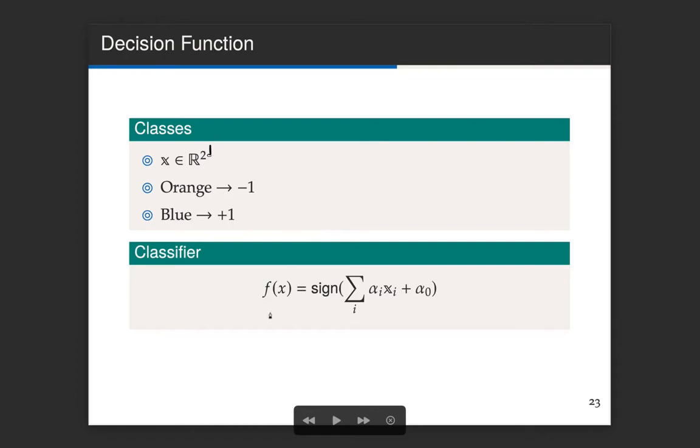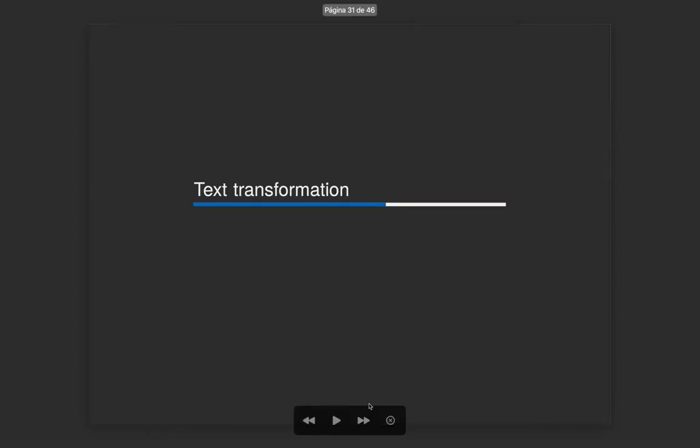The classifier in the previous example is just a line, a plane in a d-dimensional space, and the class is given by the sign of this function. So you need to compute the coefficients, to identify the coefficients alpha i and alpha 0, so that most of the examples are correctly classified. So the problem is not how to solve this. Once you have the text in a vector space, the problem is kind of easy. You can use a traditional classifier to solve this problem. I only explained a linear one.